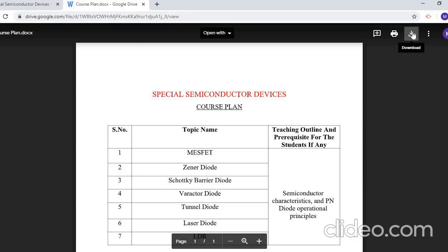This is the first step: how to create a course plan, how to use this course plan in your Google Drive, and how we can fetch that course plan into your Moodle website. So these are all the steps we have done.